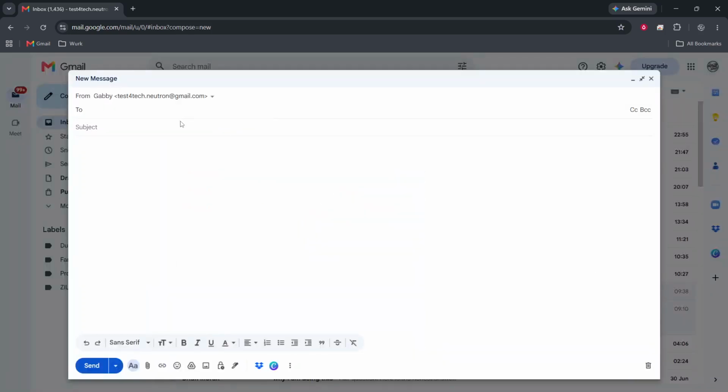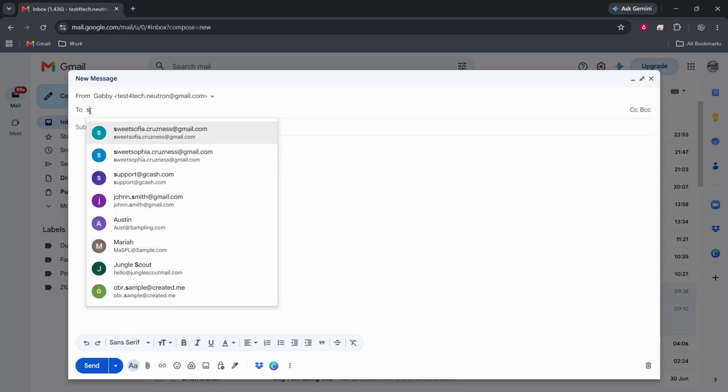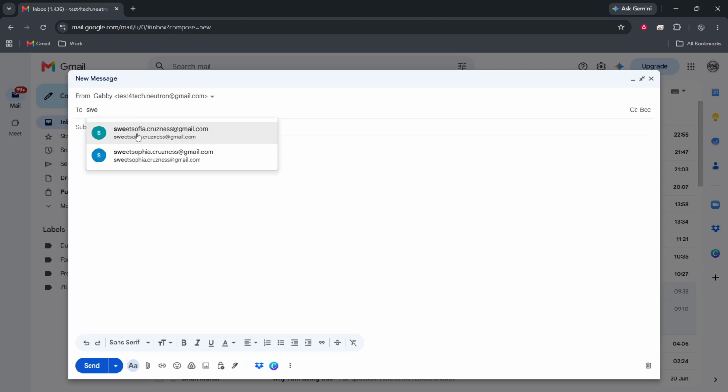Here, you can start typing your message. The design is user-friendly, allowing you to focus on your content. This action opens up a world of communication, letting you reach out to anyone instantly.